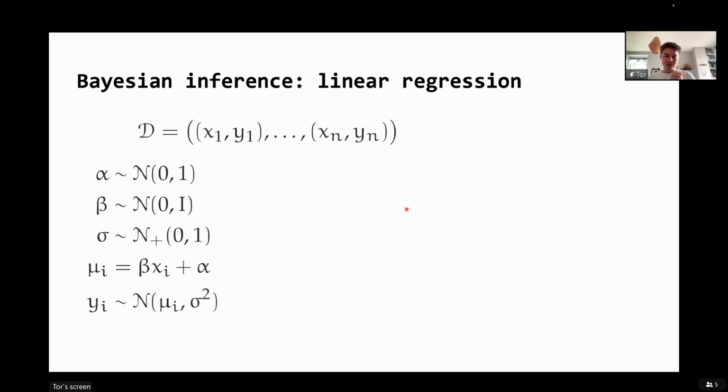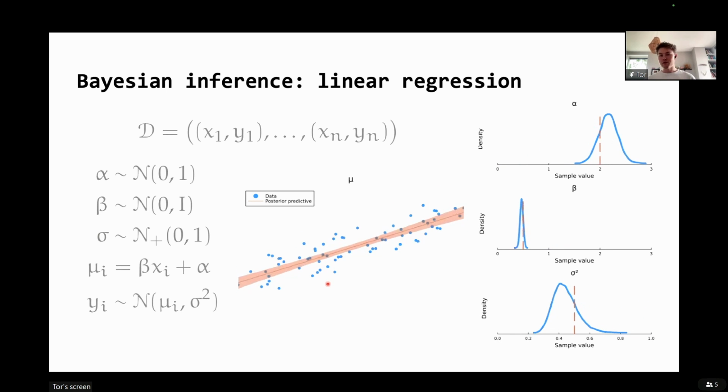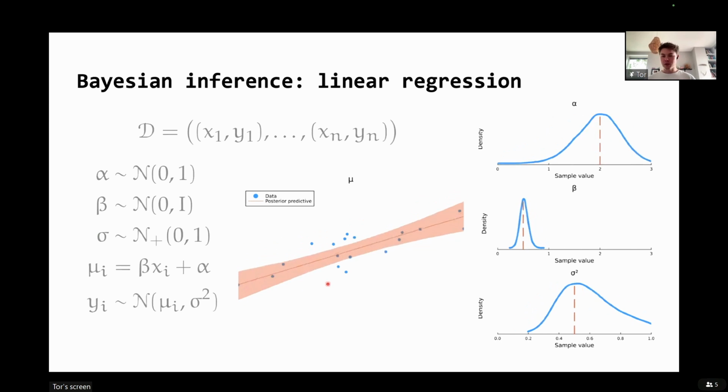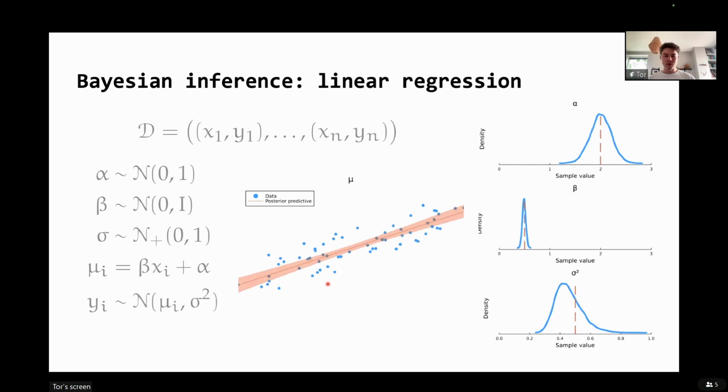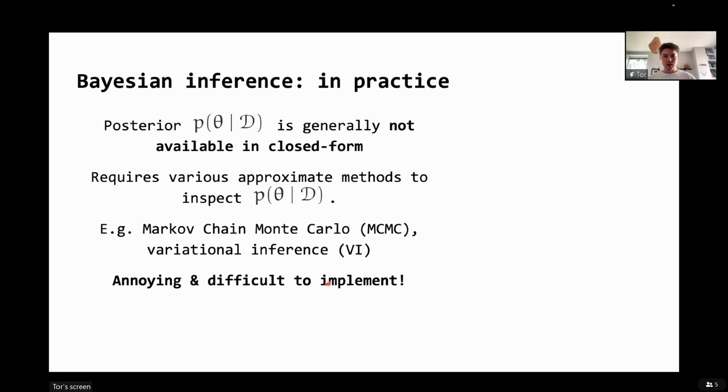Another example, of course, is a standard linear regression where you now have tuples of x, the input location, and y, the output. And here we have some intercept gamma, we have some slope beta, and then we just have simple Gaussian noise on the observations. And again, we can do inference for a bunch of these realizations and see that the posterior converges nicely to something that resembles the true parameters, for example. And so overall, Bayesian inference is